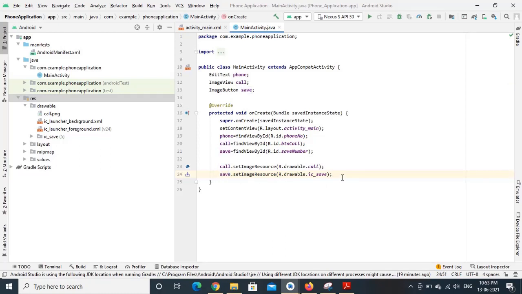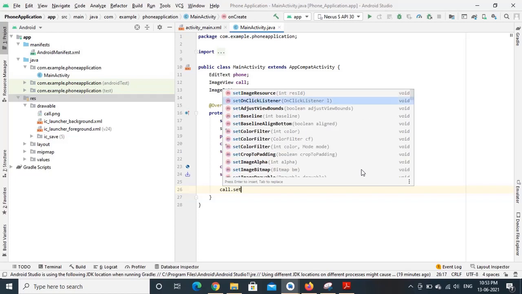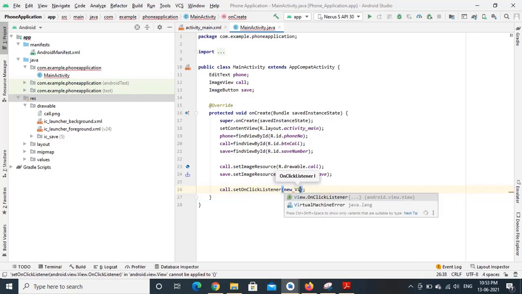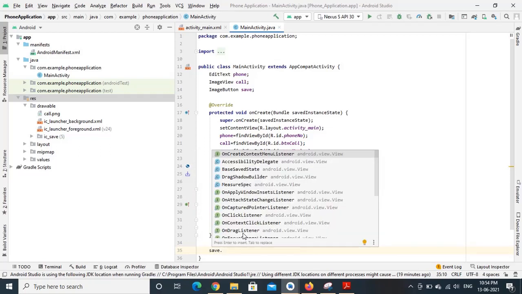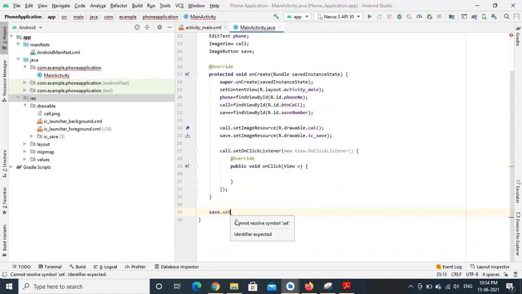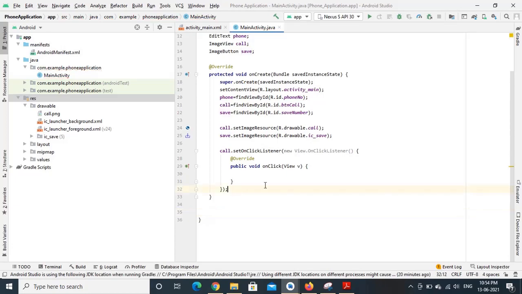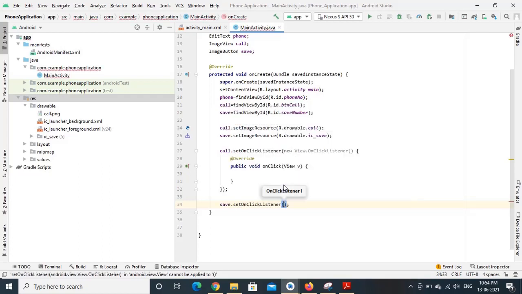For that we have to create the set on click listener for both the component. call dot set on click listener, and we can also create for save dot set on click listener, it should be inside the bundle, save dot set on click listener for the save button.